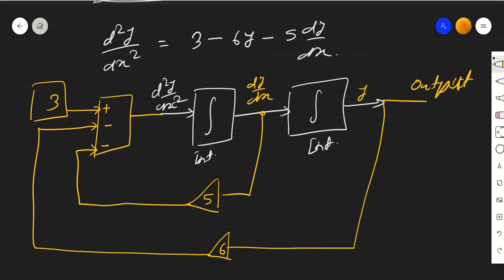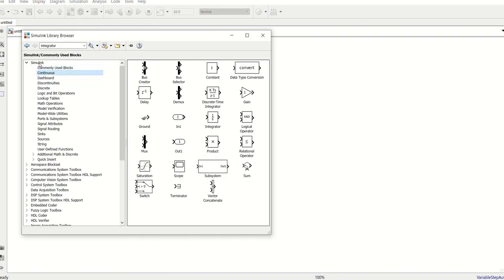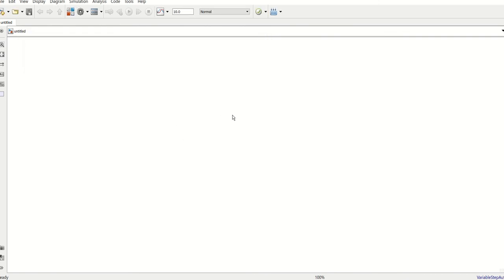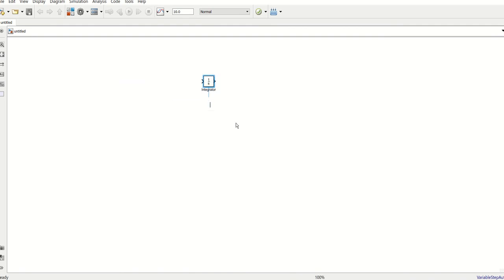So let us open Simulink. I have initialized. Now what we need to do is find the integrators. You can go to library blocks and find your commonly used blocks. Here there is an integrator, or otherwise you can just double click and write down integrator. It gives you lots of options.